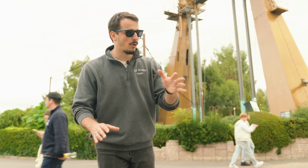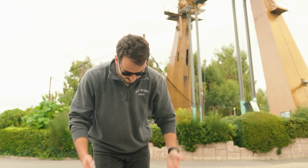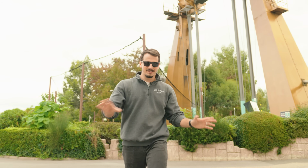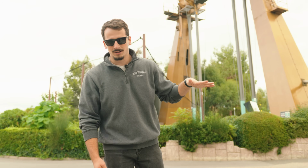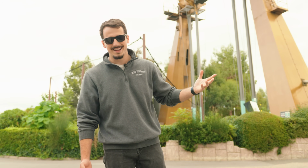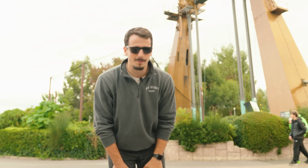You feel so exposed with just that lap bar, and it is kind of nerve-wracking going on a ride that goes well beyond horizontal or vertical as the passenger, with not a whole lot protecting you from the outside world. This is definitely one of the shorter models. It doesn't go that crazy high. But on top of that, it literally reaches the peak swing like once, maybe twice, but it is the shortest